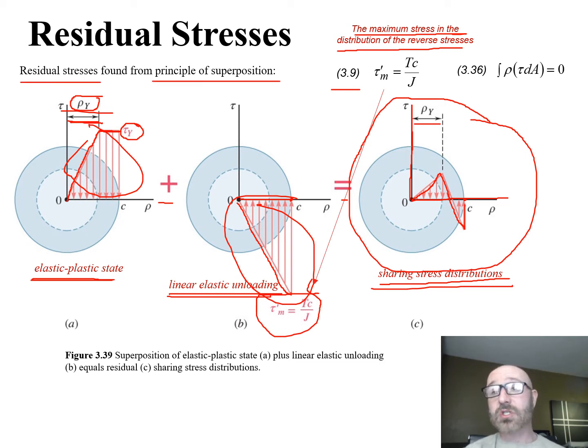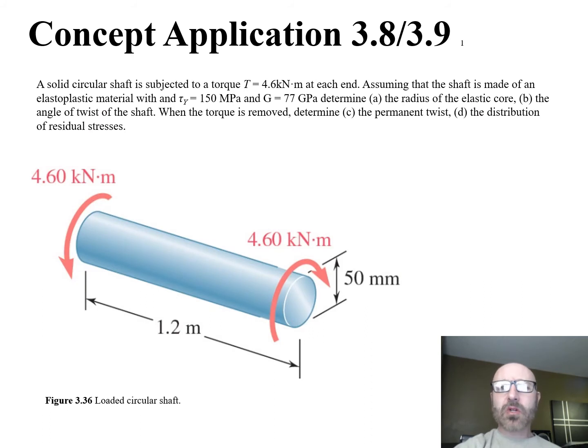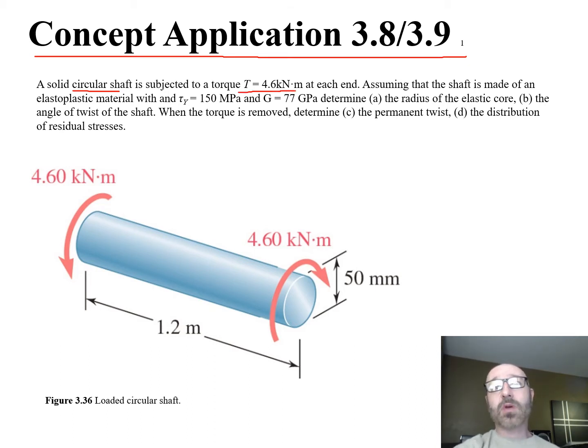principle of superposition. So now let's take a look at a problem that shows the application of some of these concepts and governing equations we looked at within this module here. So if we look at concept application 3.8 and 3.9 from our textbook right here, what we have is they tell us that we have a solid circular shaft, and the shaft is going to be subjected to a torque. Now they give us a value for this torque of T is equal to 4.6 kilonewton meters at each end. So we come down here, see our diagram here, there's our 4.6 kilonewton meters at each end of the shaft